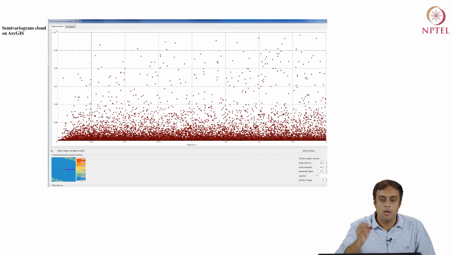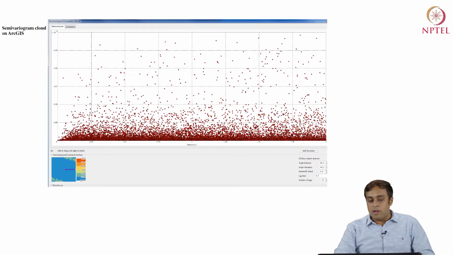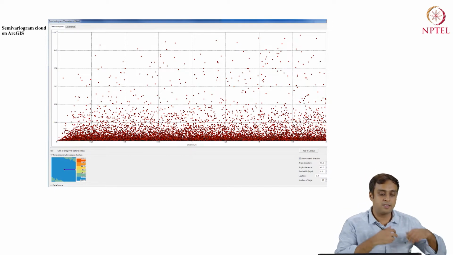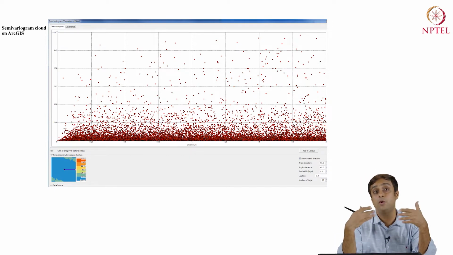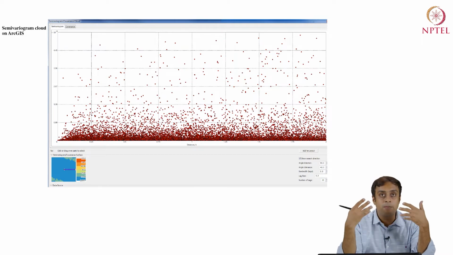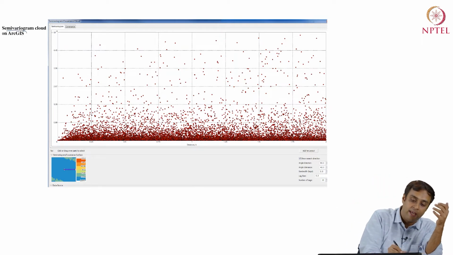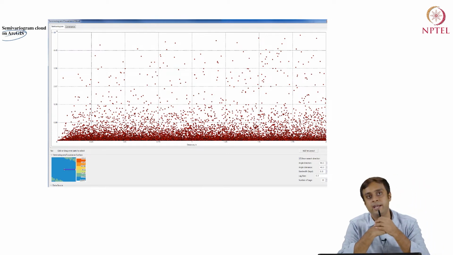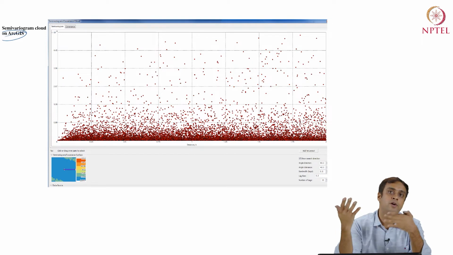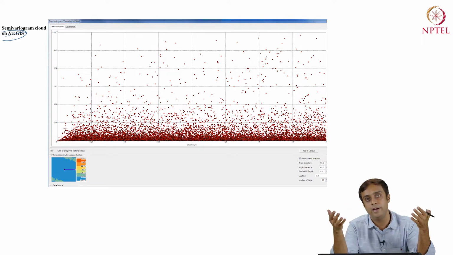Okay. On the next slide, what I have for you is what I am calling the semi-variogram cloud. A semi-variogram cloud, first of all, is built on ArcGIS. So, interestingly, I am now also introducing a software on which these things are calculated.